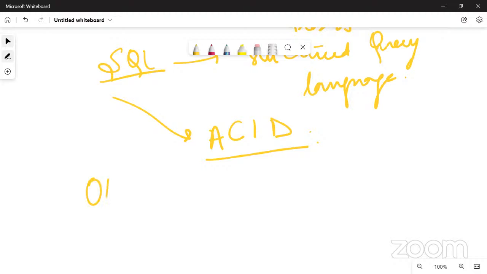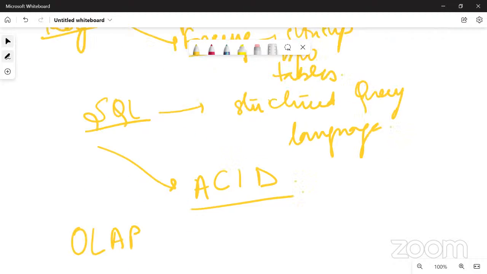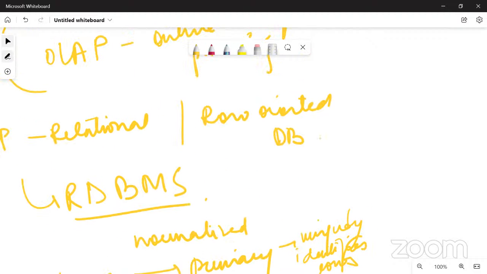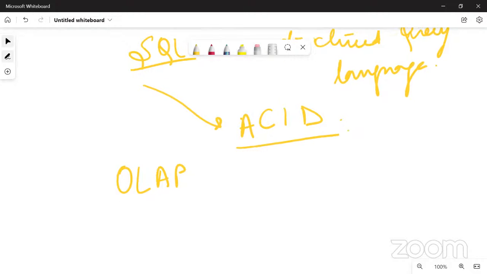Another one is OLAP. As we've seen, OLTP is row oriented. OLAP is columnar. Okay. So while transactions are on rows, analytical properties are computed on columns. OLAP applications need an optimized column read operation on a table. And one way to achieve it is by adding column oriented indexes.